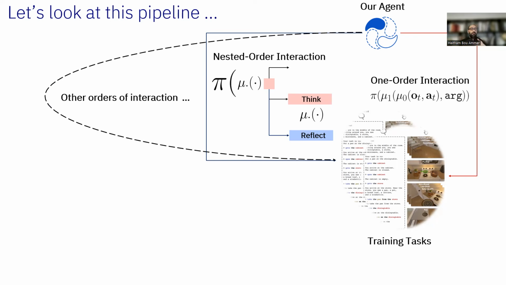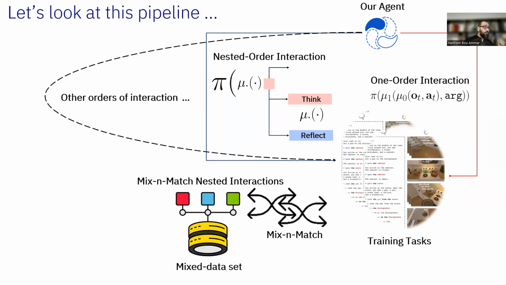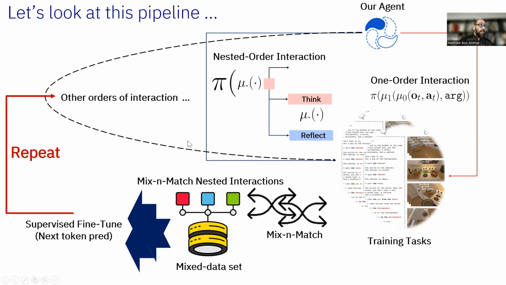In fact, you can have any other order of interaction that you would like, and any order of these intrinsic functions you would like. Now, you can mix and match the data sets from these different structured reasoning processes. We can take the data from the first order interaction, and from the second, third, fifth, 10th, whatever order interaction you wrote. We can use this data to do, for example, supervised fine-tuning, and then improve our LLM, and then we can repeat this process, right?